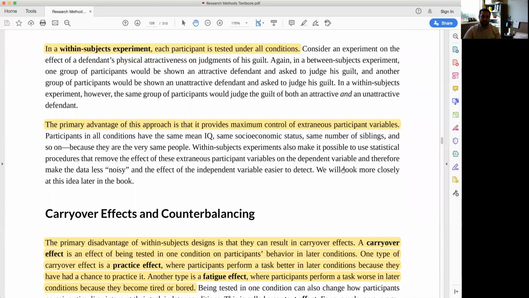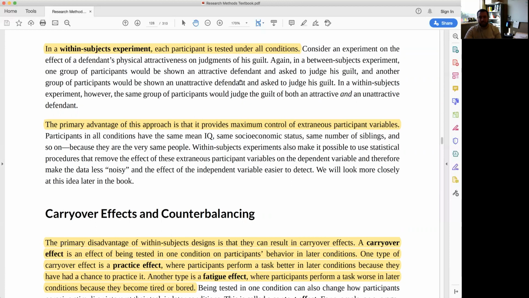Within subjects. So all that's for between subject design. Again, that's your participant gets exposed to one level or one condition. Within subject is that your participant is tested under all conditions. So as I mentioned before, and ironically, they actually use a similar paradigm for the example here, is that participants